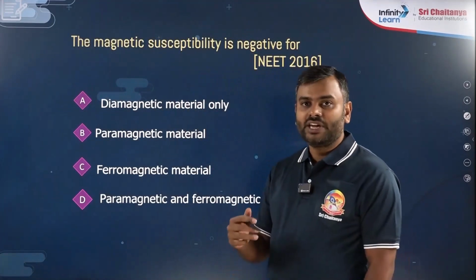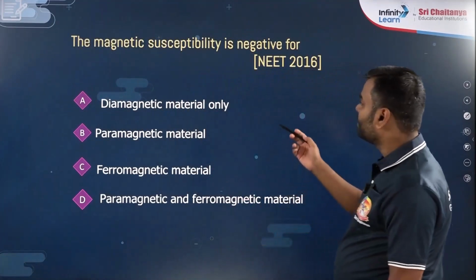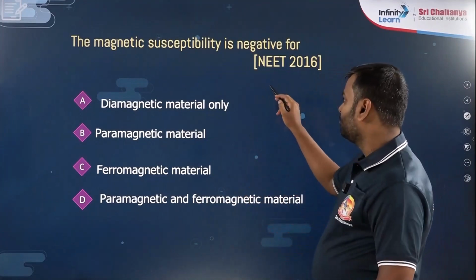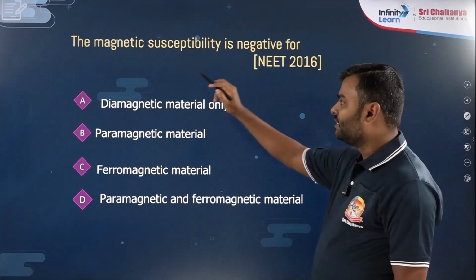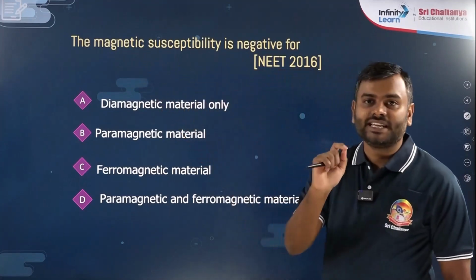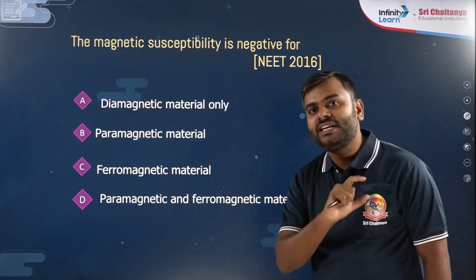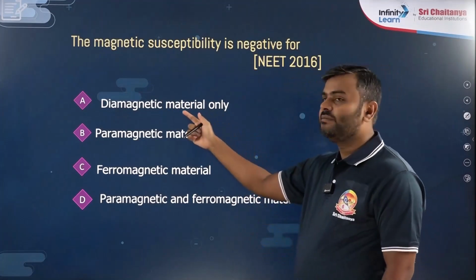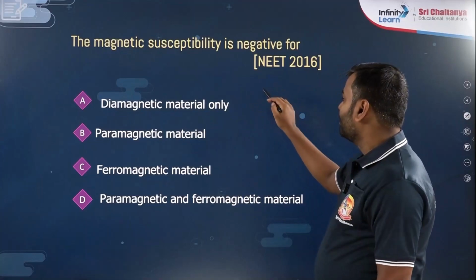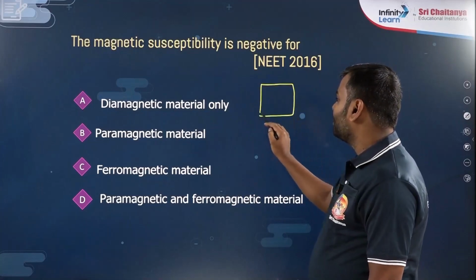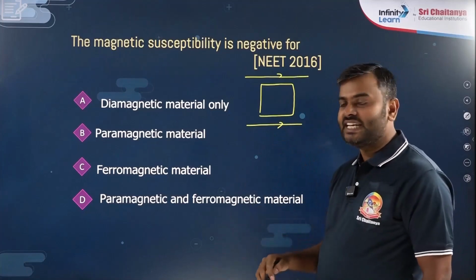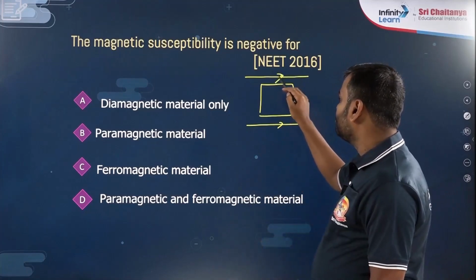The magnetic susceptibility is negative for which material? We know that generally the magnetic susceptibility is negative for diamagnetic material. But why is it negative? Let's quickly understand. We know the answer will be diamagnetic material, but why? If I take a diamagnetic material and keep it inside an external magnetic field which has a direction towards the right side,